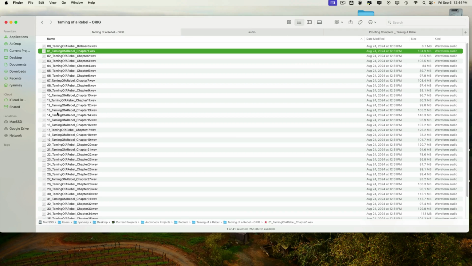So I'll show you a little bit here. As you can see, we have the name of the book, and this is my originals folder. So this is the original raw recording. What I'll do here, just so you can verify it, is I'm going to play a little bit of the